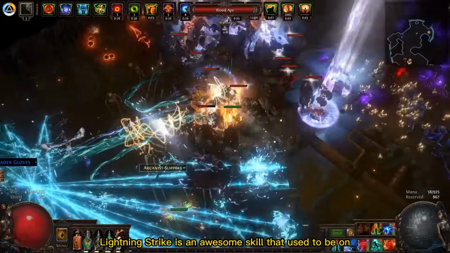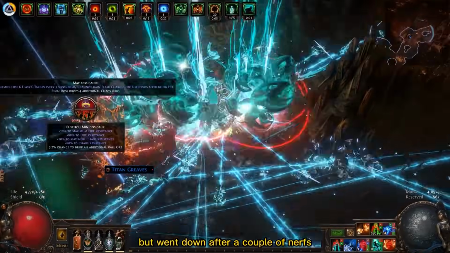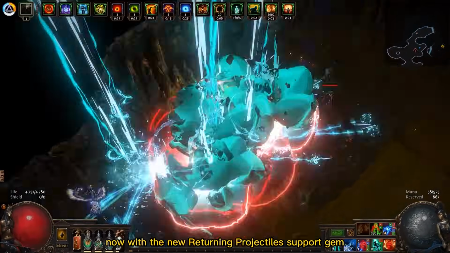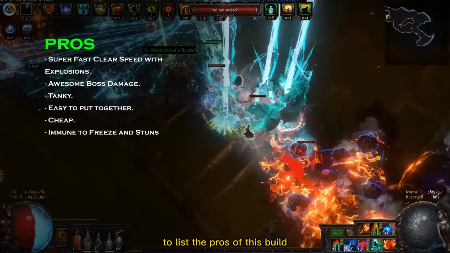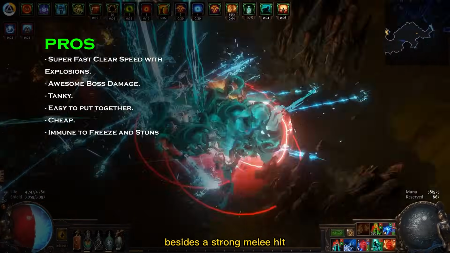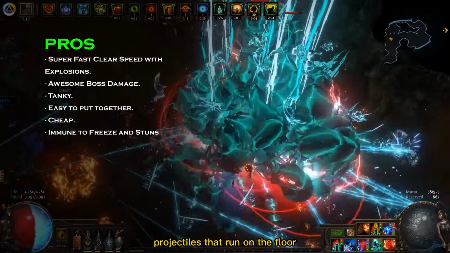Lightning Strike is an awesome skill that used to be on top of the meta, but went down after a couple of nerfs. Now with the new returning projectile support gem, it's back with more power than ever. To list the pros of this build, I would start with its clear speed. Besides a strong melee hit, Lightning Strike also creates many lightning projectiles that run on the floor, killing every enemy